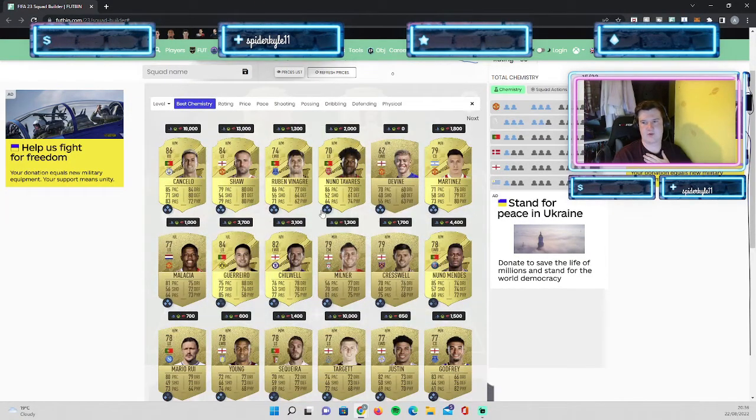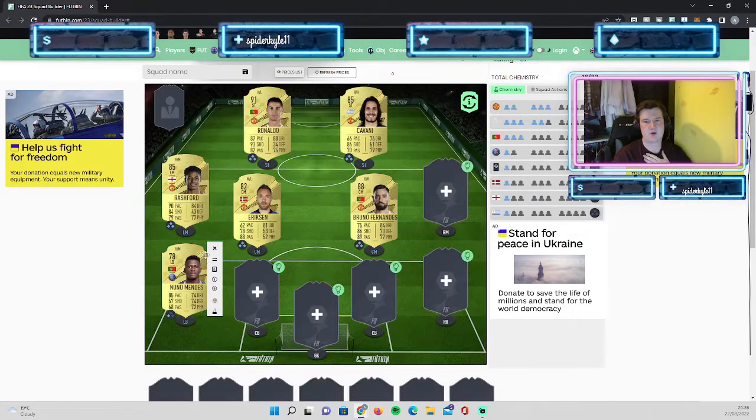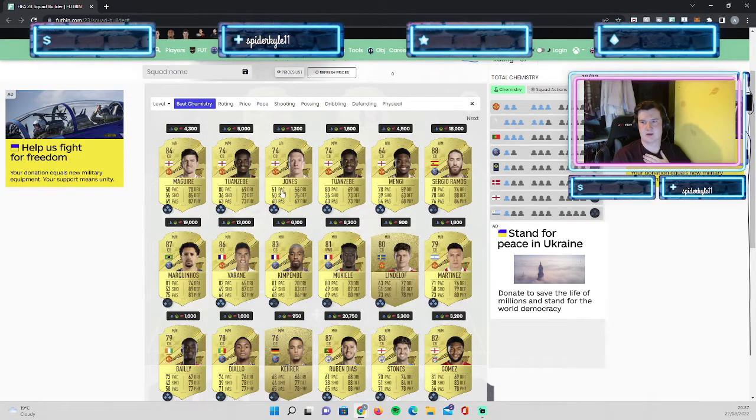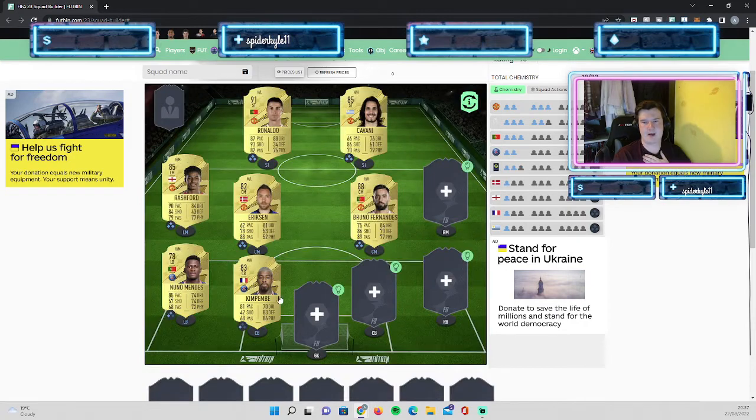So let's have a look for a Portuguese player. We've got Nuno Mendes, so he instantly gets 1. Ronaldo's already full, but he instantly gets 1 because he plays for Portugal, and then we can look to fill in the gaps here. So if we put in, who can we put? Nationwide, no one's really going to line up. But if we put Kimpembe,